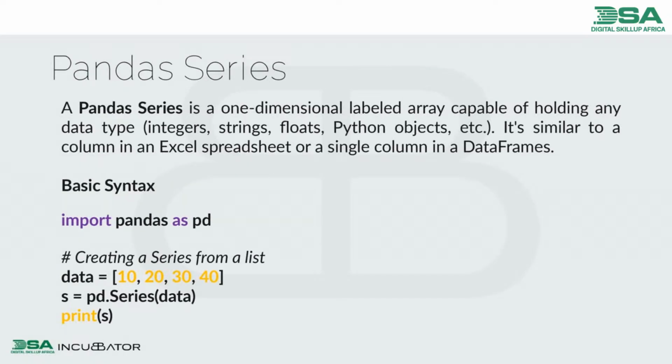Then I said, what are Pandas Series? So it's a one-dimensional labeled array capable of holding any data type. It could be integers, strings, floats, Python lists or objects. It is just similar to what? A column in an Excel sheet or a single column in a data frame. So look at the basic creating a series. All right. So these are things I think you should go back and check again. Go back to your practical, try them out again.